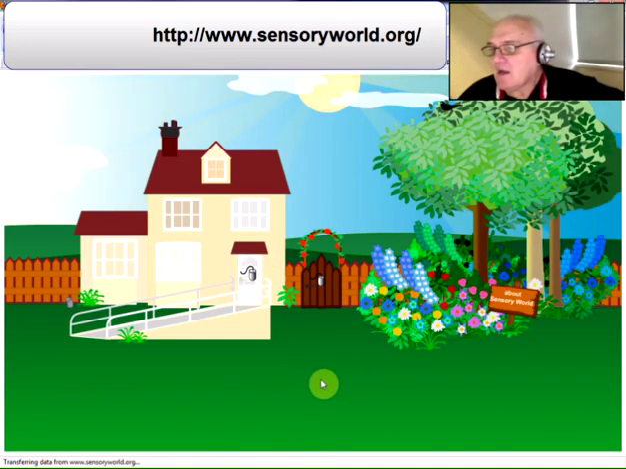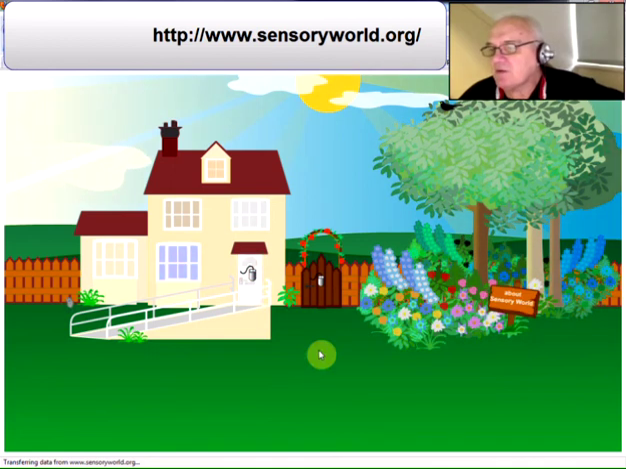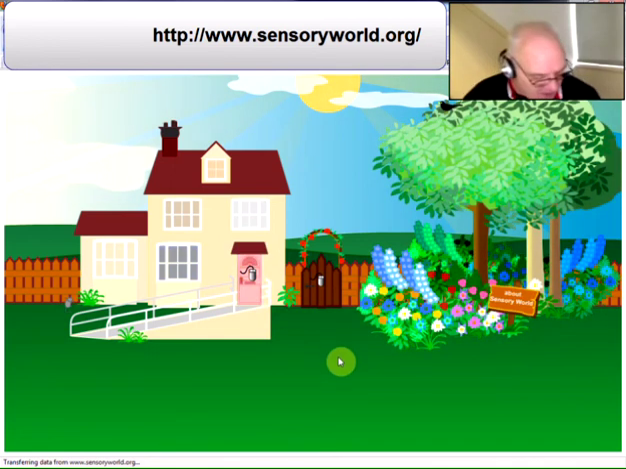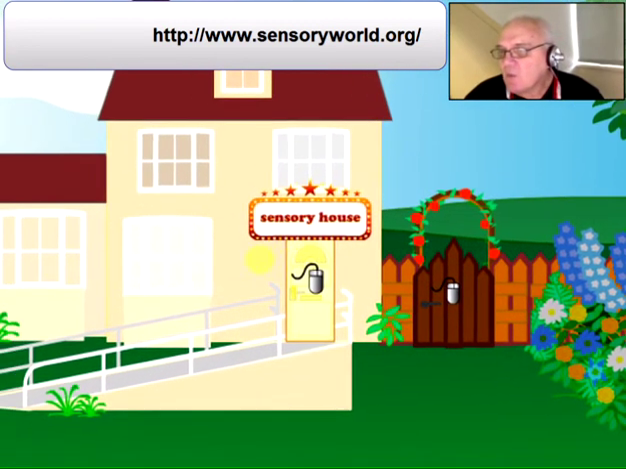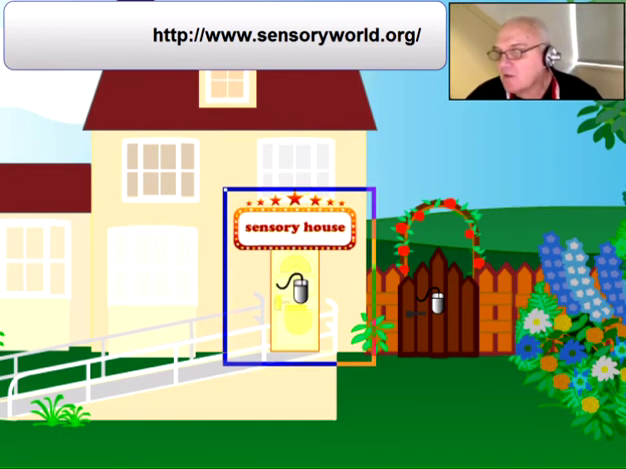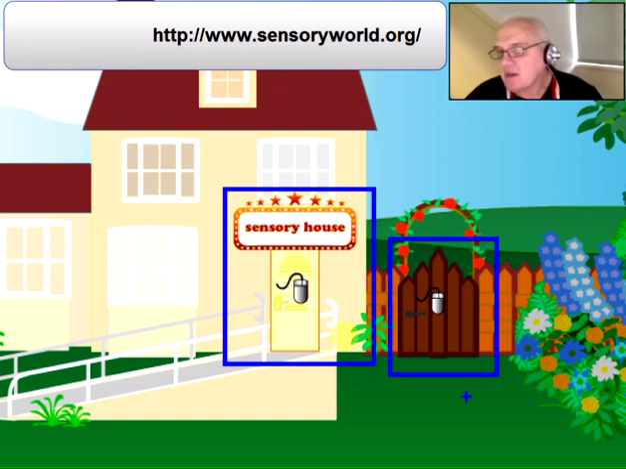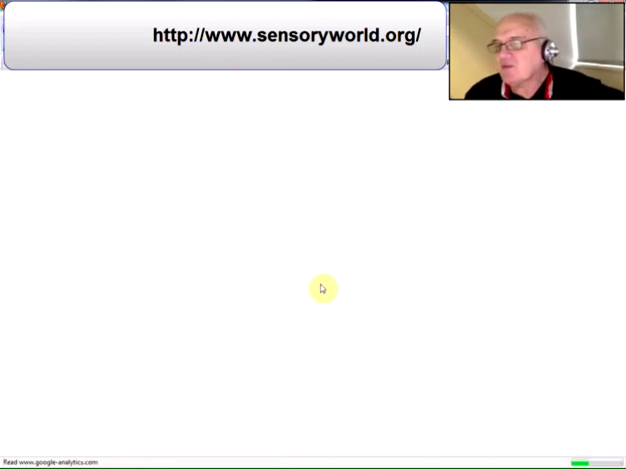Okay, it gives you an introduction. There's an About Sensory World that I've just moved the mouse over, but if I just zoom in on this, you'll see that when the mouse goes over, a highlight comes up. Clicking on the door will take you into the house, and here, clicking on the gate will take you into the garden. Let's just zoom back out again. If I go into the garden,